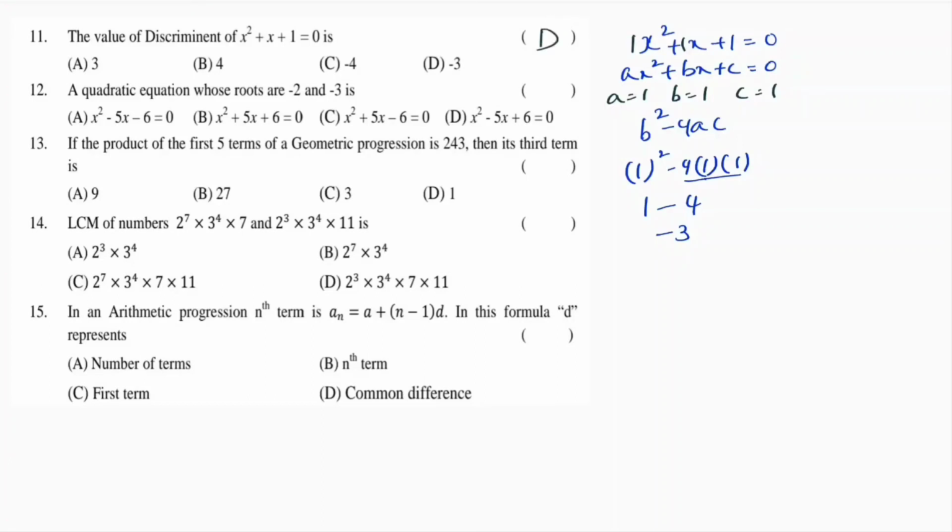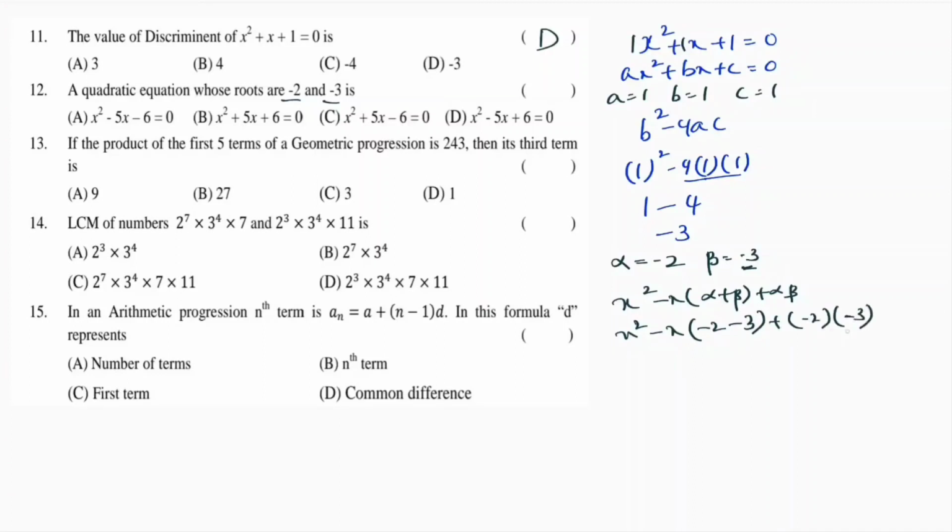Next one, a quadratic equation whose roots are minus 2 and minus 3. So here alpha is minus 2 and beta is minus 3. So we use the formula x square minus x into (alpha plus beta) plus alpha beta. So here x square minus x into (minus 2, beta again plus, minus 3) plus minus 2